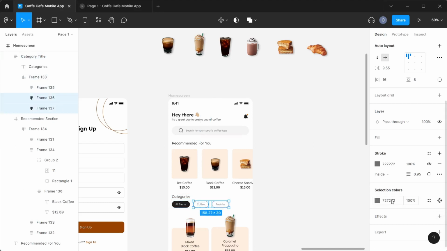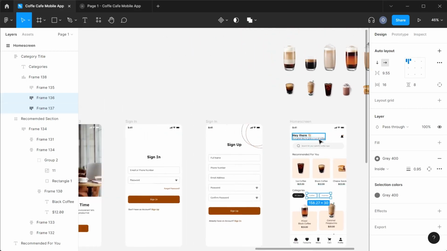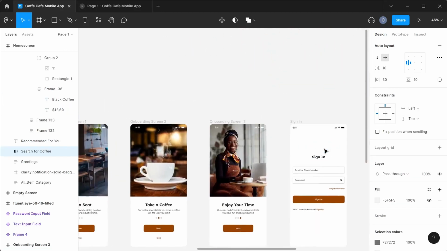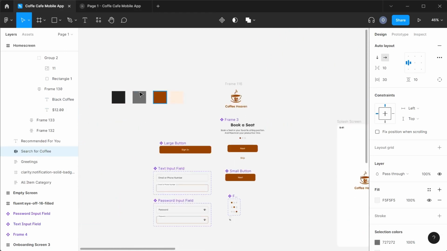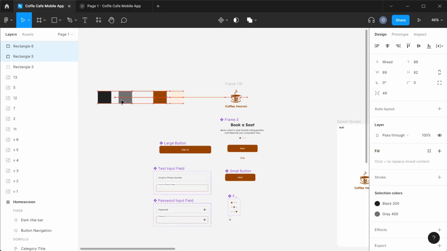All this just comes from a place of understanding what you're doing and how your team works and the naming conventions that you use. So for this shade of gray, I'm just going to update it in